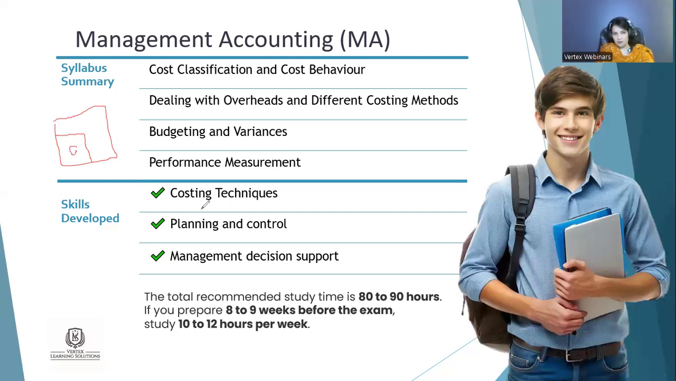Planning and controlling, as I told you, you need to make a plan, a budget, and then you need to see the actual results. And if the actual results are in favor, that's great. If not in favor, you need to control what's going wrong with the business. Management decision support,